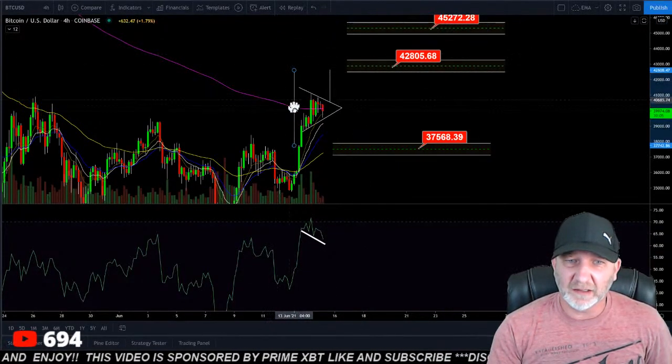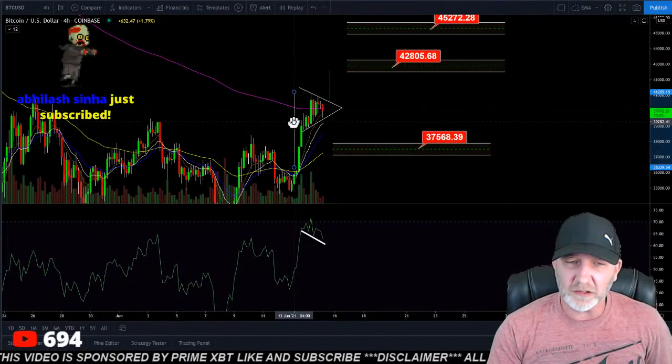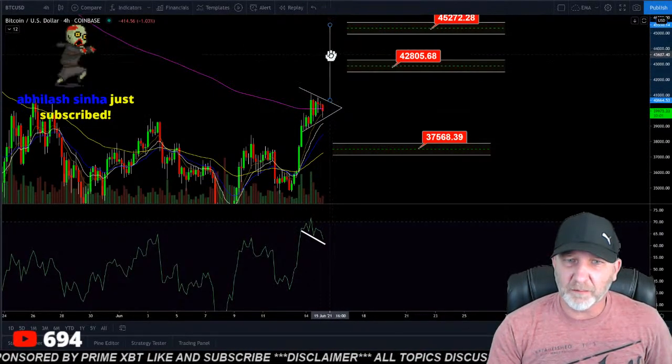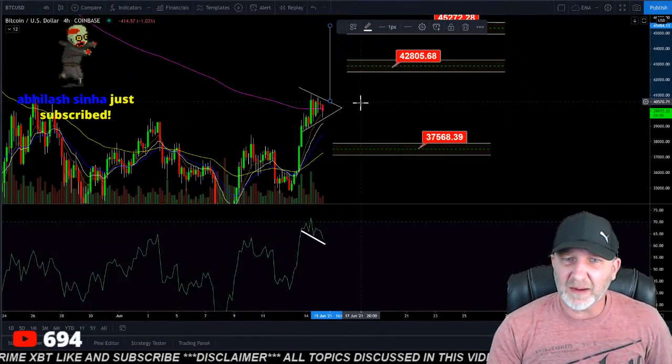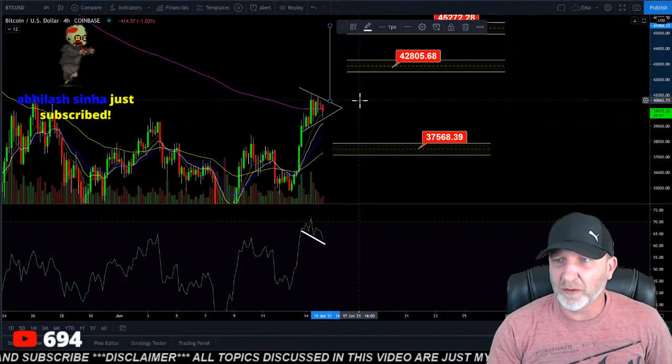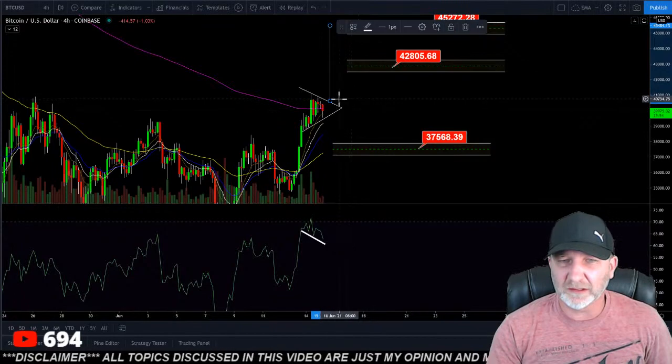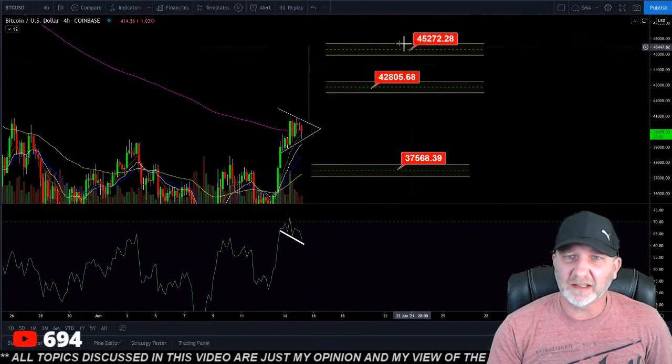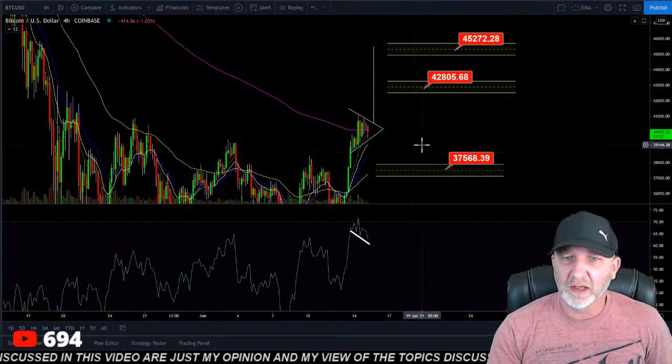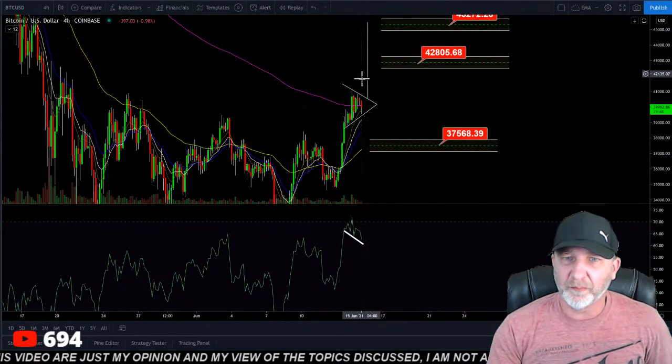If we look at this as a bull flag, you want to be really bullish, we measure this as the flagpole, and if we break out, and that breakout range, guys, is going to be somewhere around the 40,005 to 40,600. But if we do break out, the highest I see us going is this 47.2. That would be a measured move of the flagpole.